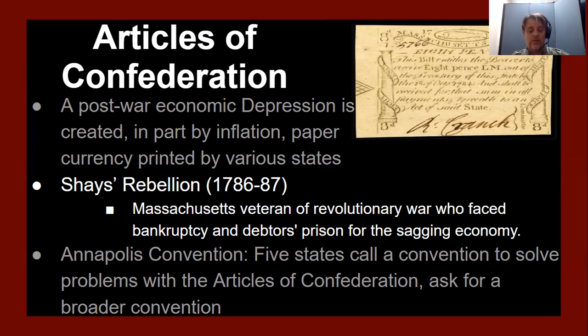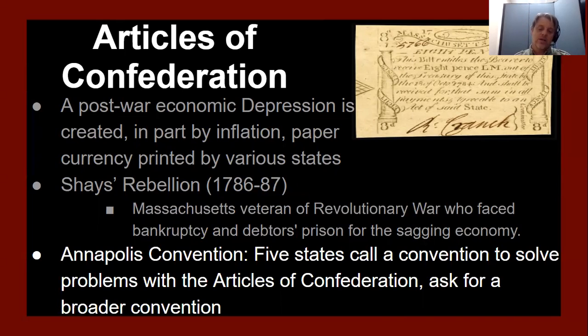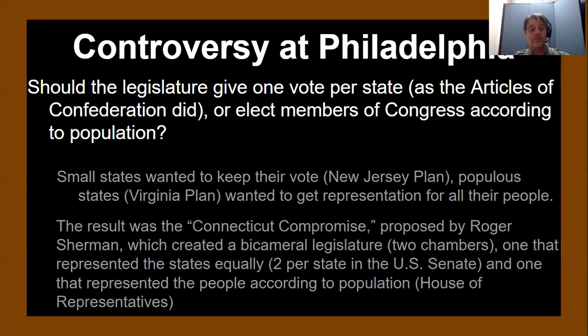This called a convention in Annapolis, a year prior to the Constitutional Convention, to address some of the issues of the Articles of Confederation. They realized that their tiny little convention wasn't going to be able to handle all the issues, so they called for a greater constitutional convention to meet the next year. Again, it was originally supposed to just fix the Articles of Confederation. However, due to the problems with the Articles of Confederation, they decided to scrap the whole thing and start over again. One of the controversies at Philadelphia, at this time the capital,